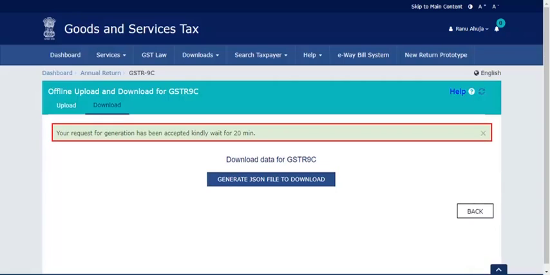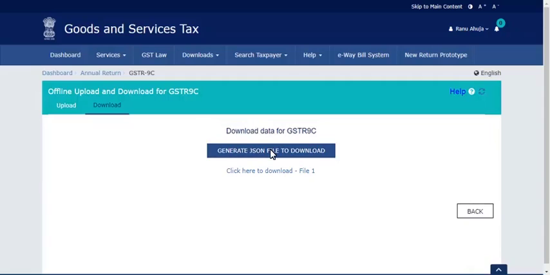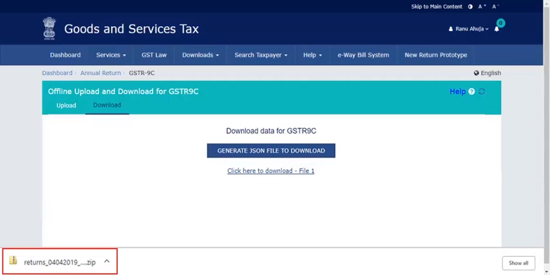This green message gets displayed, asking you to wait for 20 minutes. After some time, this link will be generated below Generate JSON File to Download button. Click it to download the JSON file in a zipped format. Send this zipped JSON file to the auditor who will make corrections and again generate JSON, sign it and send it to you for uploading.